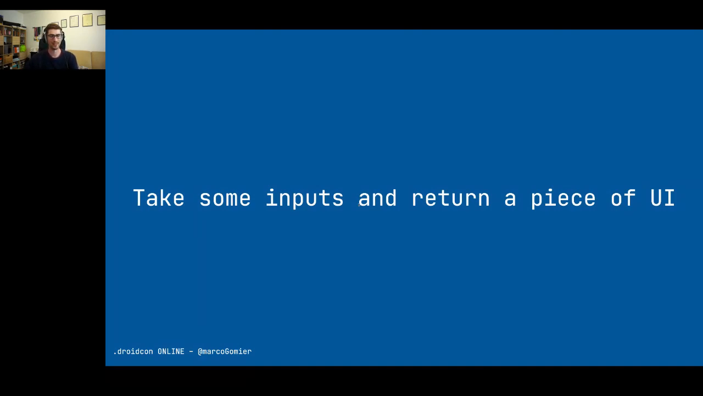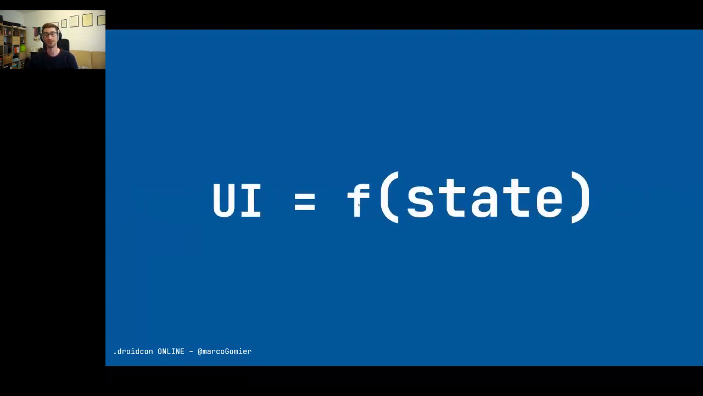our declarative talk. In our specific case, we have a function that takes some inputs, and we want it to return a piece of UI. So in this case, we have an input, which is the state, and the result is the UI. So maybe now you are remembering the equation that I showed you before, and that's what this function